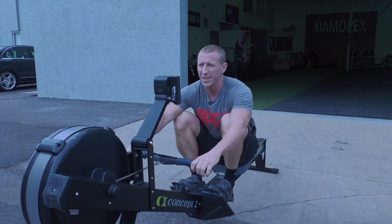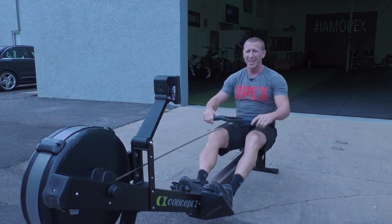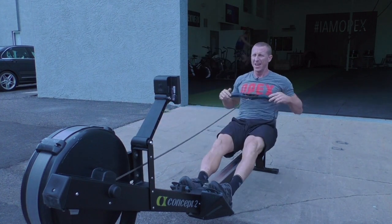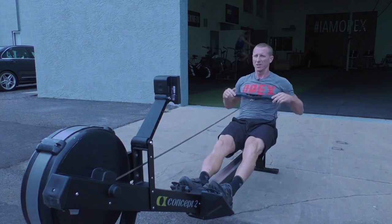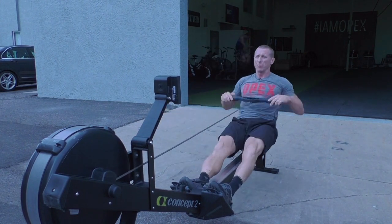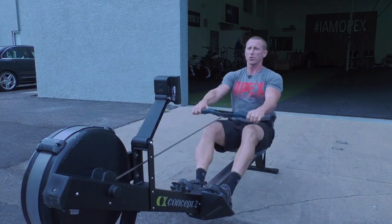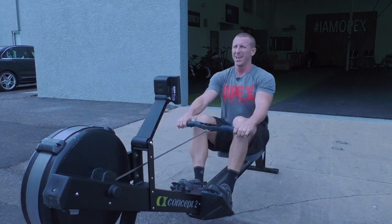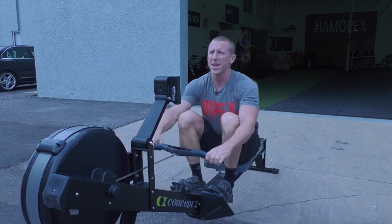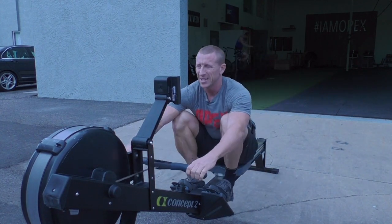Back to the original point, is that you have to create comfort and control of breath in a non-fatigue state consistently on the rower. So don't allow your improvement in power, improvement in pace to come until you have breath control at that specific pace. So the mistake a lot of people make is just doing a Metcon because they want to practice rowing